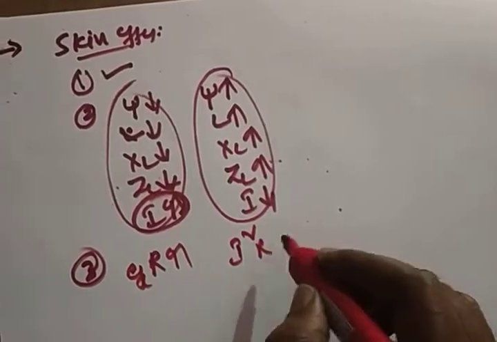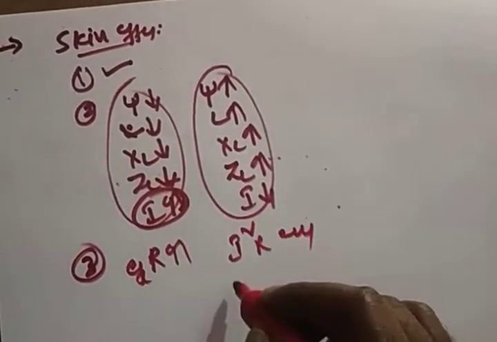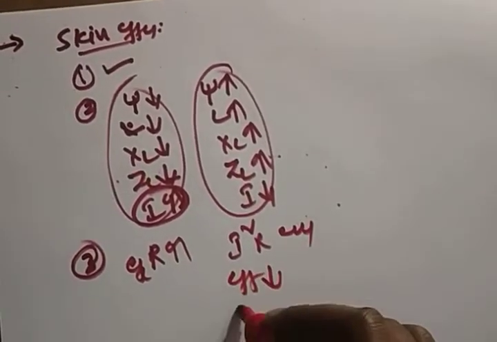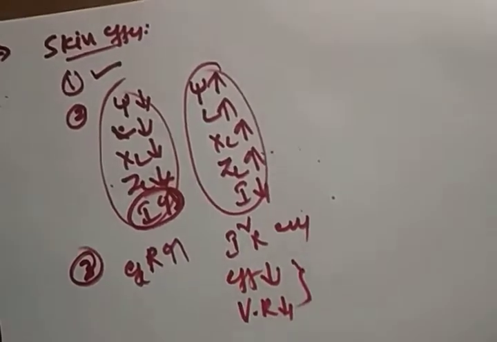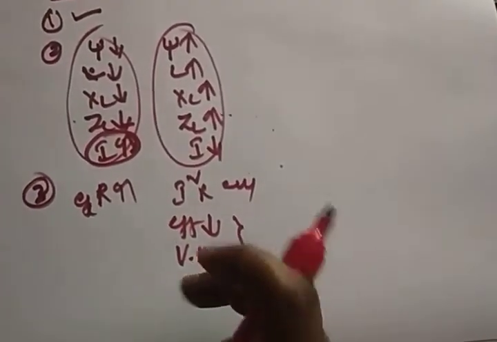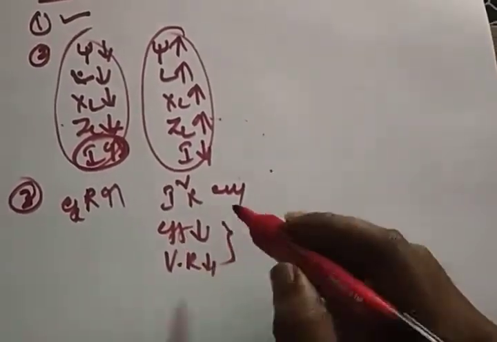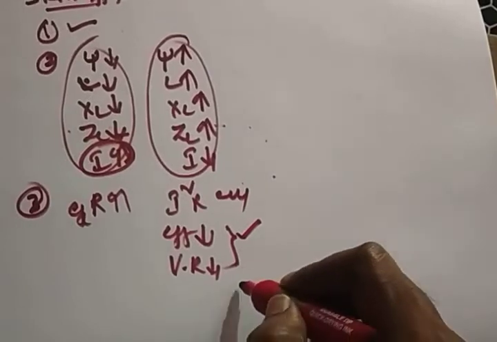Right, one more thing: the effective resistance value increases. If the resistance increases, I squared R losses increase, copper losses increase, the efficiency is reducing, and the voltage regulation is reduced. So these are the defects, the drawbacks while producing the skin effect in the system. Definitely the efficiency of the system reduces and the voltage regulation also reduces.